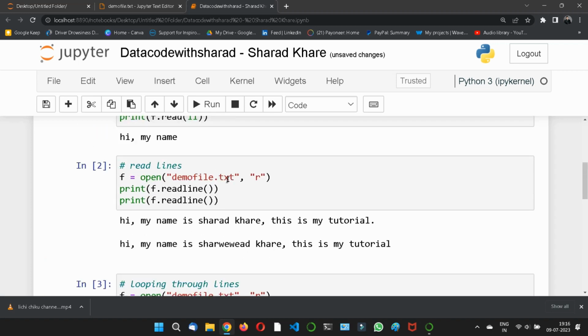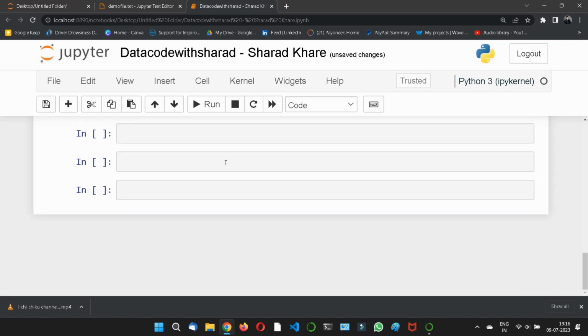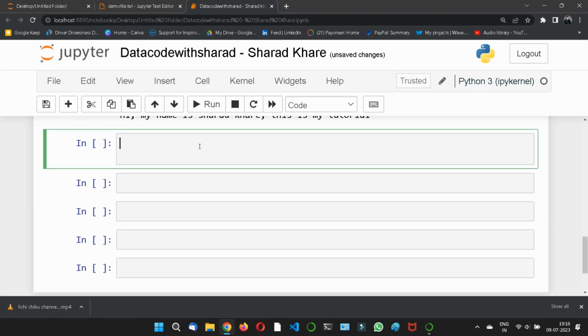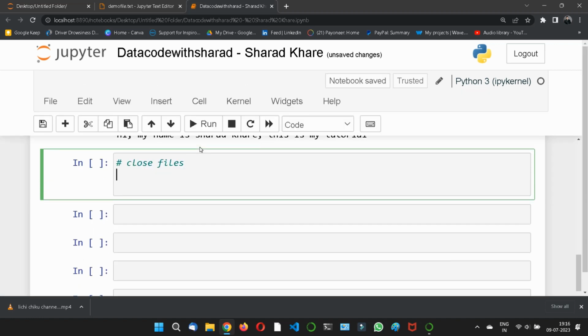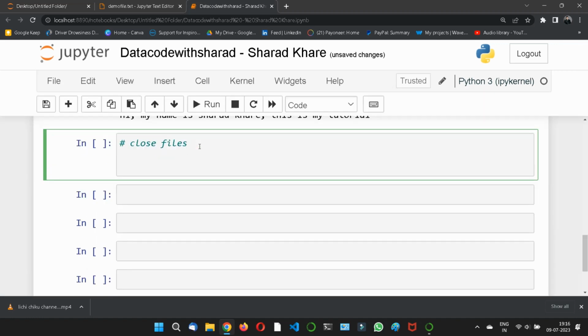We have a close concept also, because you have opened the file, now you need to close it also, so that you could finish your task. So, closing files. Why close the file? Because it is a good practice to always close the file when you are done with it. So for closing the file when you are finished with it, you just need to write some different code,